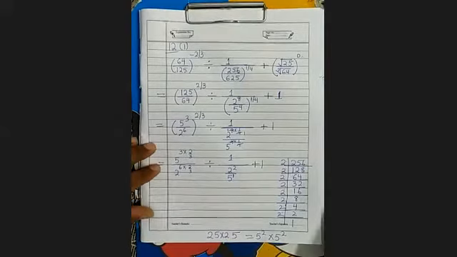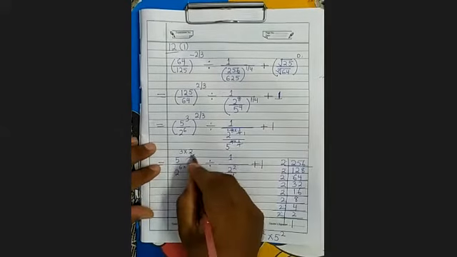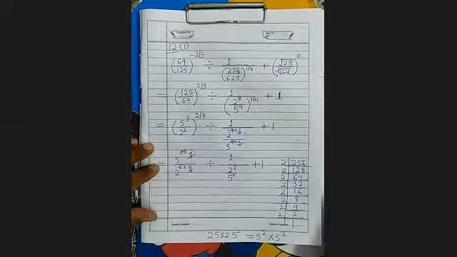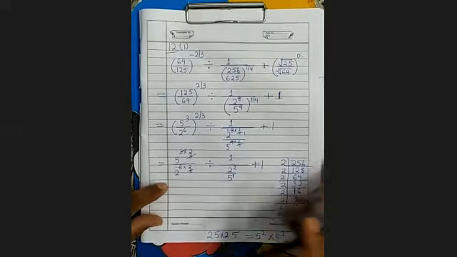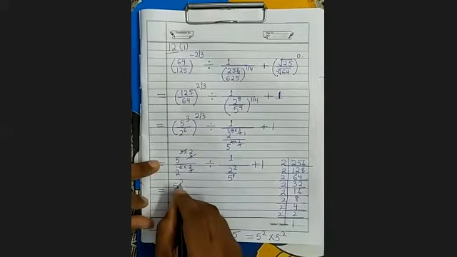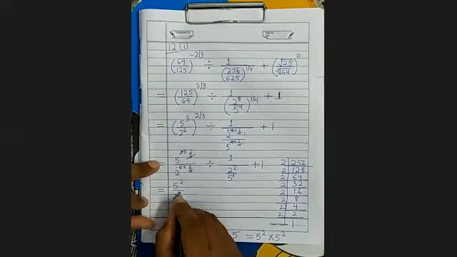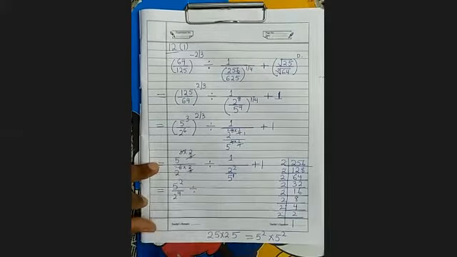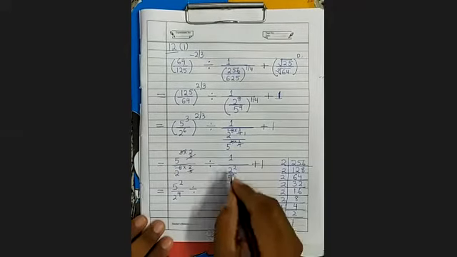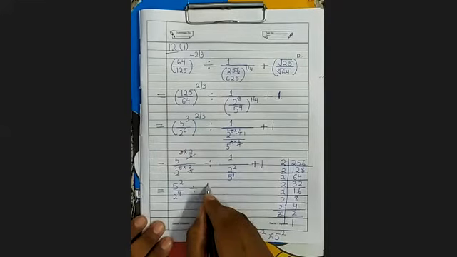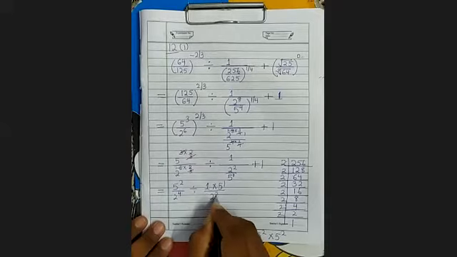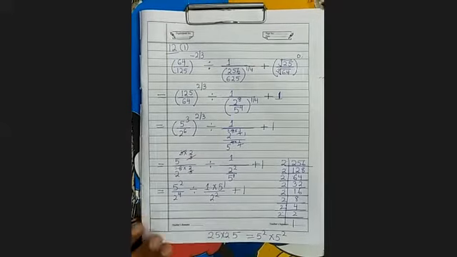So now you simplify. 3 and 3 will cancel. 3 2 ja, 6. So in numerator it is 5 square upon 2 to the power 4 divided by, it will invert and multiply. First you invert this. So when you will invert, it is 1 into 5 power 1 divided by 2 square plus 1.